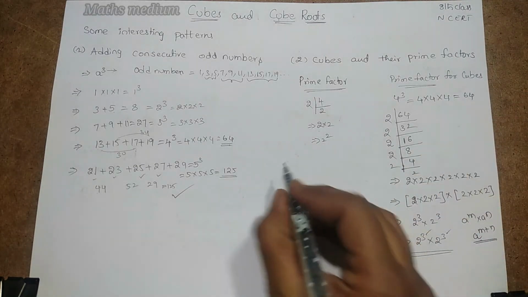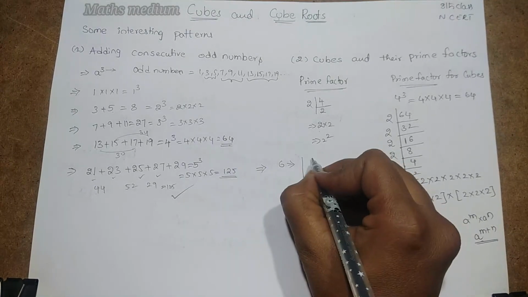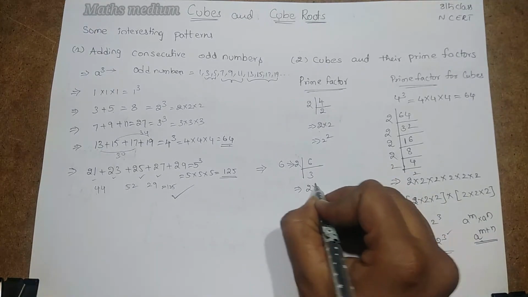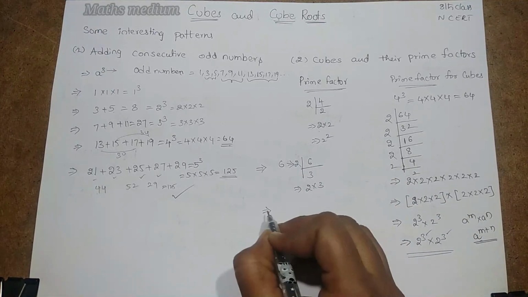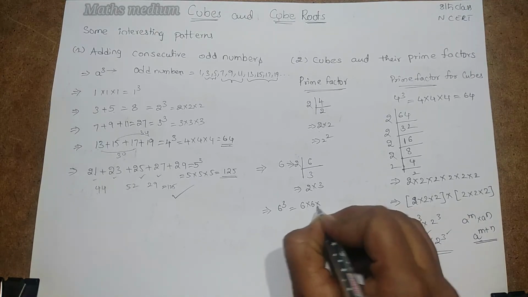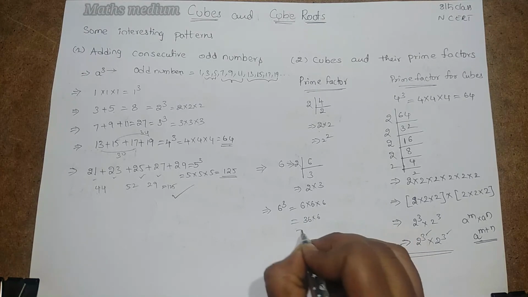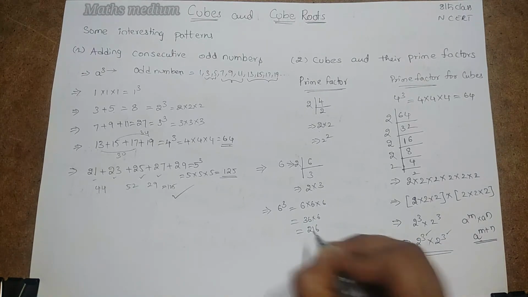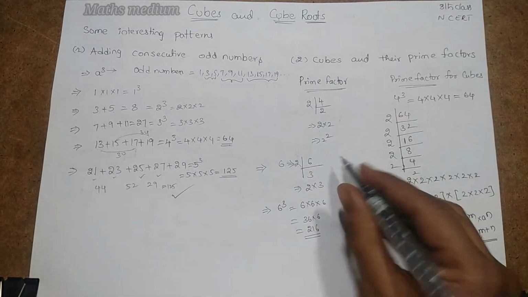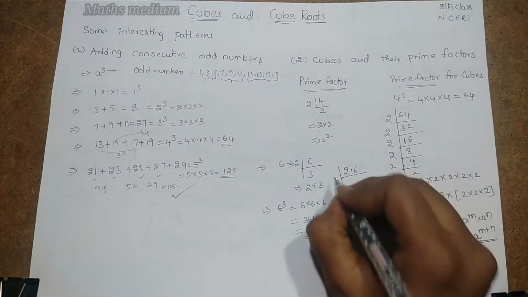If you take another number, for example 6, how would it be as prime factors? 6, 2 3s are 6, so it is 2 into 3. But in the case of 6 cube, it means 6 into 6 into 6. It gets 6 6s are 36 into 6, it's 216. Now, for 216, we have to make the prime factors for cubes. So write 216 here, make a prime factorization.